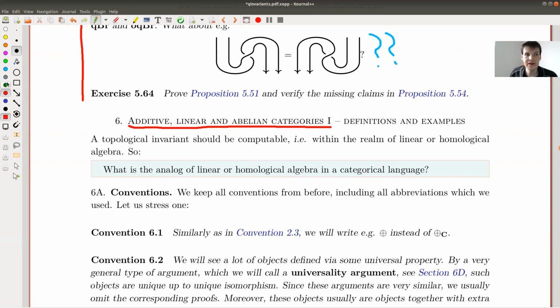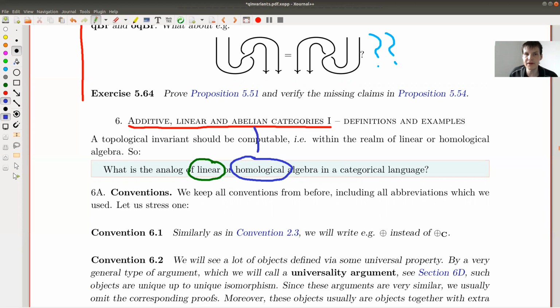So basically, what I want to discuss is the analog of linear algebra and the analog of homological algebra in categories. And it will turn out that linear algebra is easier than homological algebra, and linear algebra in categories is easier than homological algebra in categories. Homological algebra in categories is a bit tricky, in particular if you see it for the first time. So just stay with me. In the end, I'm trying to make everything explicit using a lot of examples. But it looks pretty difficult if you see it for the first time.